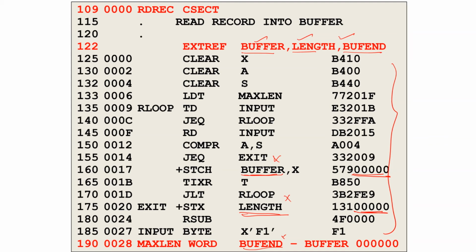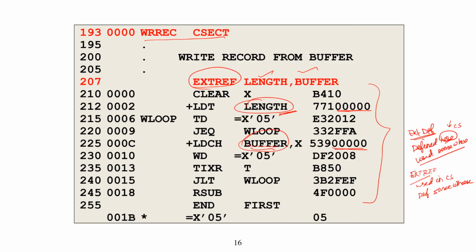The remaining symbols are all defined and we know the values: CLEAR X is B410, CLEAR A is B400, CLEAR S is B440. These symbols are already resolved because we know the value for CLEAR is B4, X is 1. This is format 2, so we give B410. But when the symbol is not defined, we use the value 0 instead. Clear?